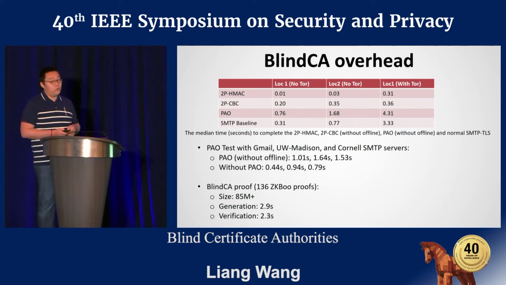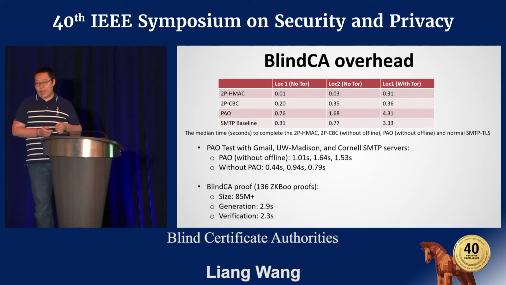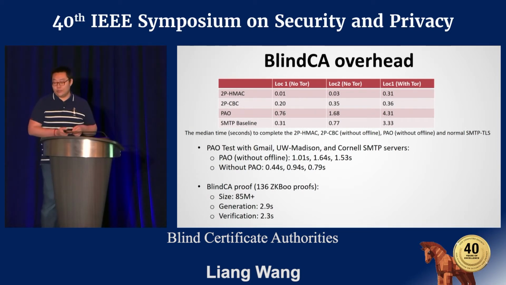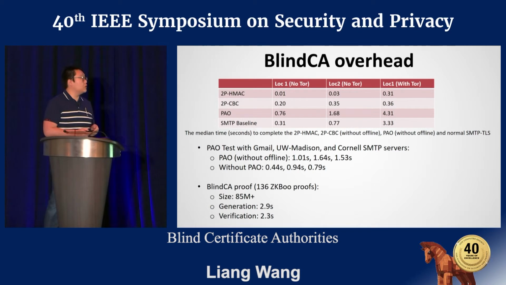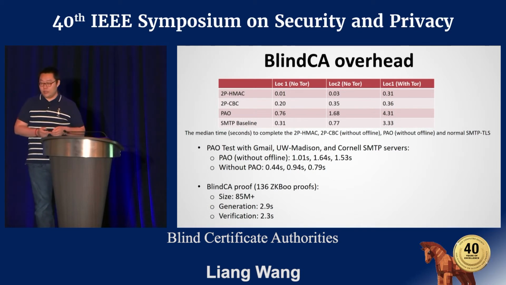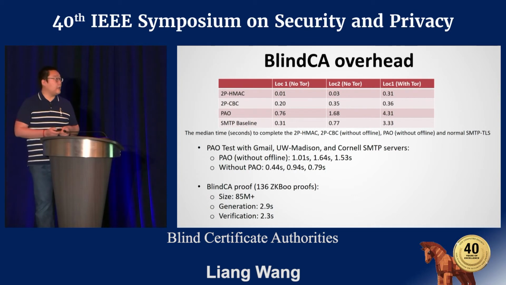So we implement the anonymous poll using malicious SQL and PC libraries, and we test the performance of poll under different settings, in a controlled setting or with real SMTP servers. And we can see the overhead is relatively small. And for certificate generation and verification, since all these processes are completely offline, we think the overhead is acceptable.